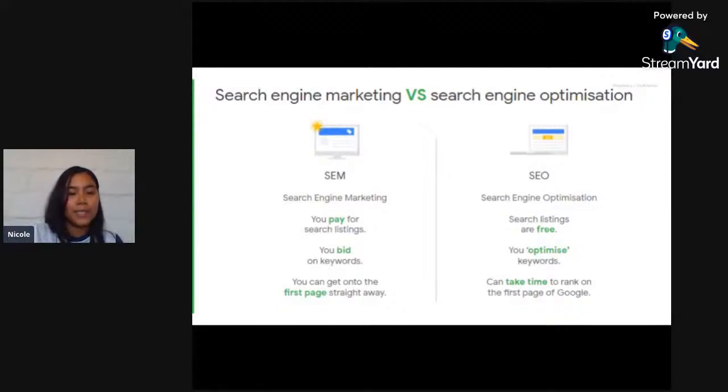Now, search engine optimization in itself is free, which of course is the main benefit of it. You pay nothing to search engines like Google. You rank based on relevancy to the search query. Search engine marketing is where you pay, but only when someone actually clicks on your ad. If your ad serves 10 times but is only clicked on once, you will only pay once.